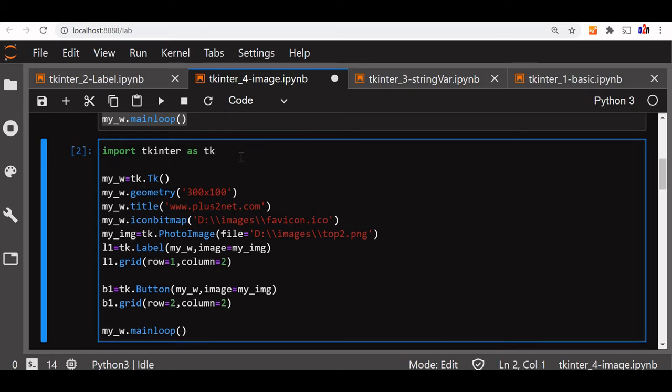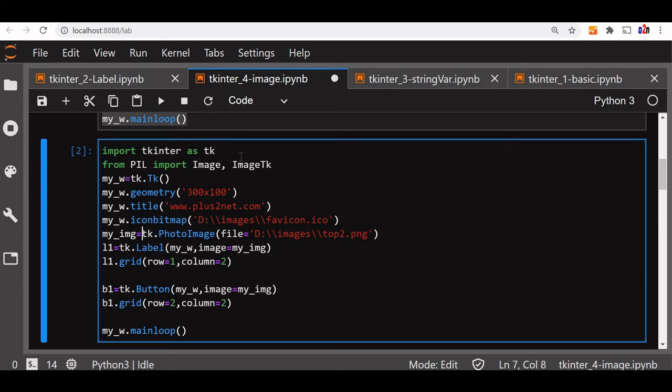Now first let's import our Pillow library. So we'll say from PIL import. There are two things we need: Image, and another is ImageTk. Fine, now these two. Now this is no more a PNG, so here we have to change my image.